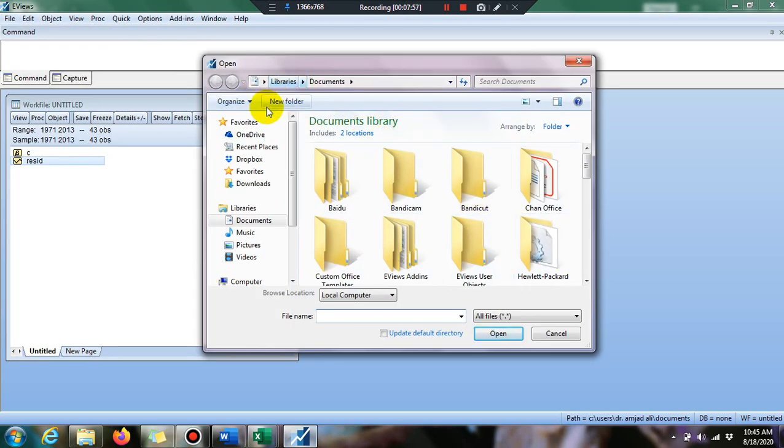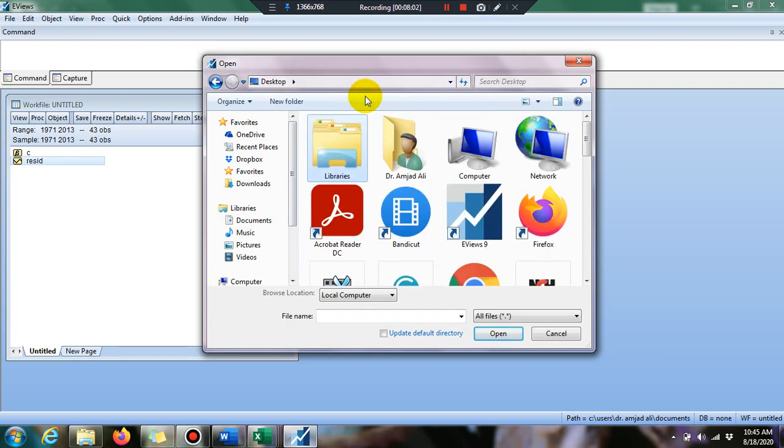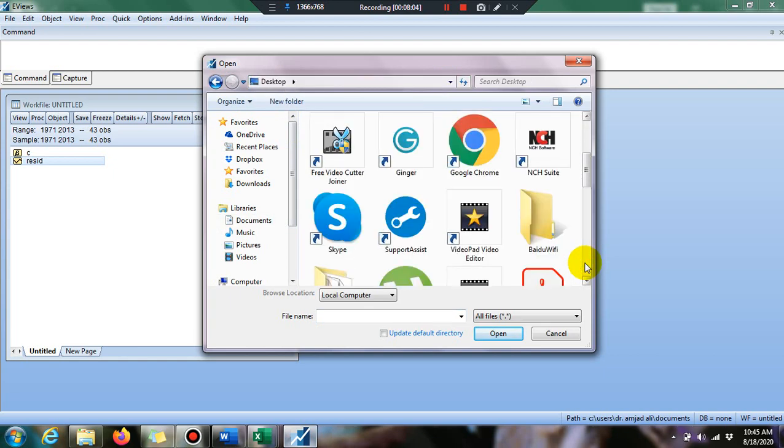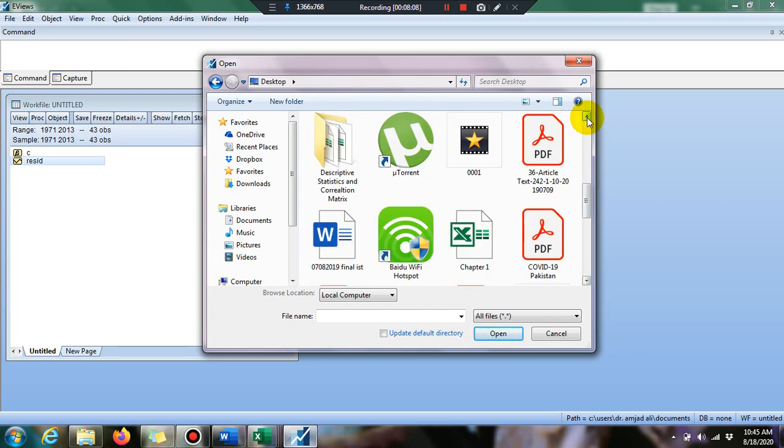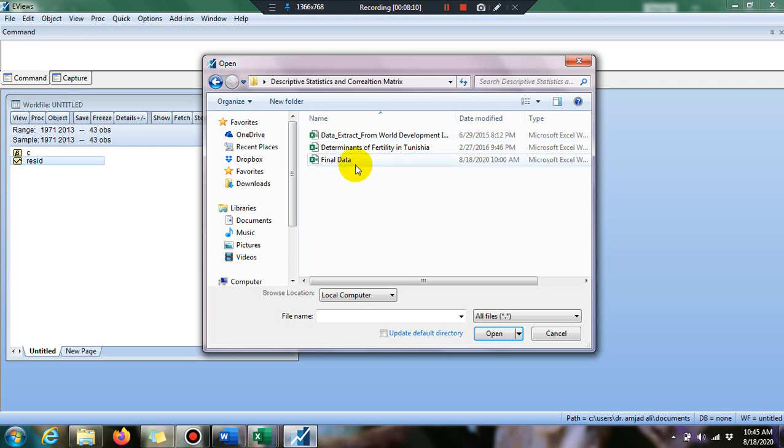So I have put the data on the desktop for easy finding. Here is the folder, my folder name is descriptive stats analysis. This is the final data.